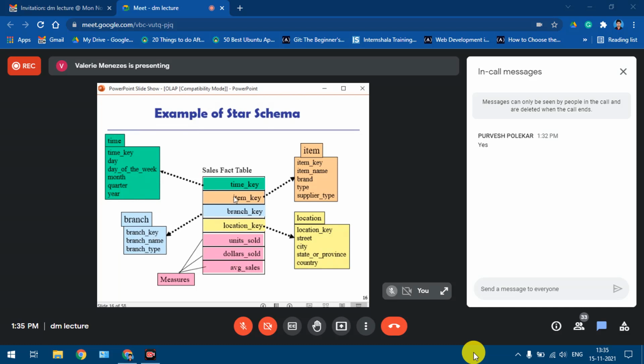So what does the fact table do over here? For each time, for each item, for each branch and location, it represents what sales were done in terms of how many units were sold, what was the amount earned, and what is the average sale for that time for a given item per branch, per location. Okay, so this is exactly how a star schema would work.